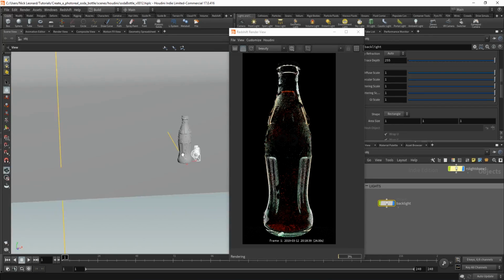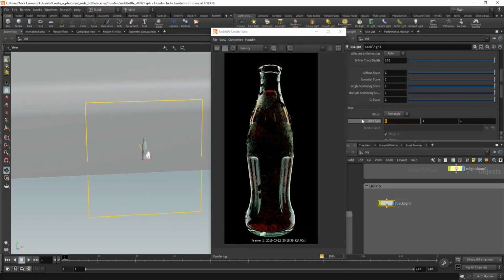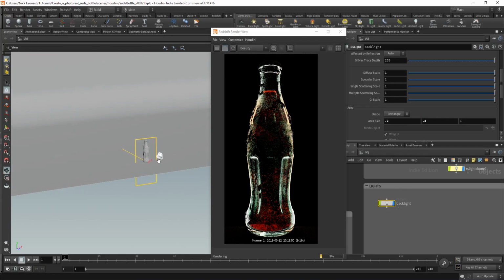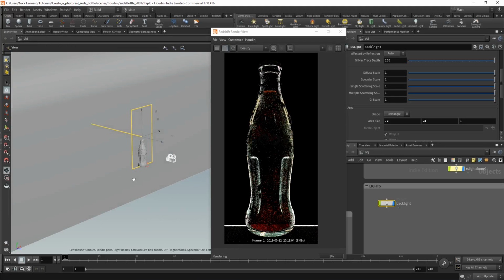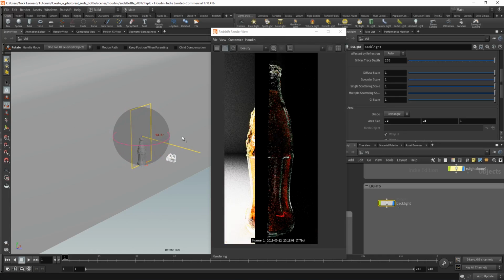Let's move out of the camera. See that the light is pretty damn huge right now, so we'll change that to something like 20 centimeters by 40 centimeters. So 0.2 by 0.4. When I'm in the viewport, I'll hit enter. That will bring up the handles, and then you can hit T for move. Lift it up so it's above the floor, so it's not intersecting. R for rotate. Just rotate that right around